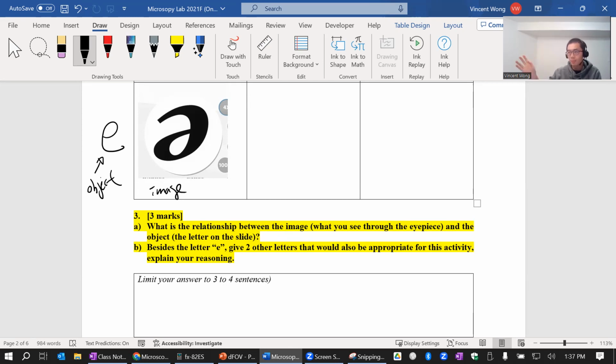Do you guys all agree it is upside down? Usually I hear another description besides upside down. How would you describe the relationship? It looks like A. Yeah, okay, but if I use a different letter, it wouldn't be A anymore, right? It's inverted. What does that mean? Inverted. Like opposite. Opposite how? Sorry,